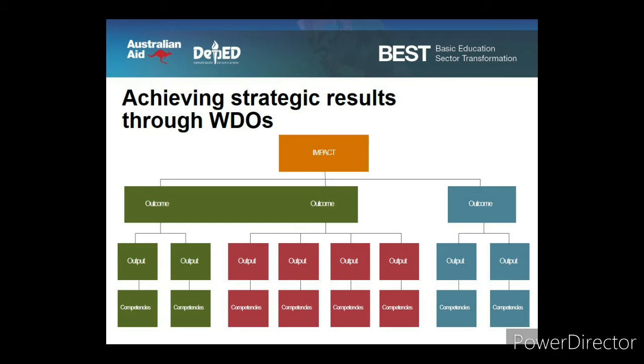As we can see in the chart, at the top is the impact, which can be presented by the improvements in the condition of students that may be expected if processes in schools and offices are strengthened, followed by an outcome, which reflects the positive changes in organizational systems or processes that may be expected if target employees or learners apply newly acquired competencies and outputs produced are used. And third, outputs,